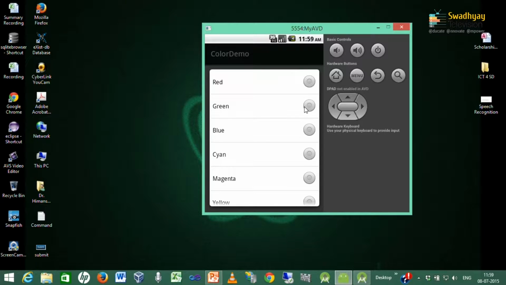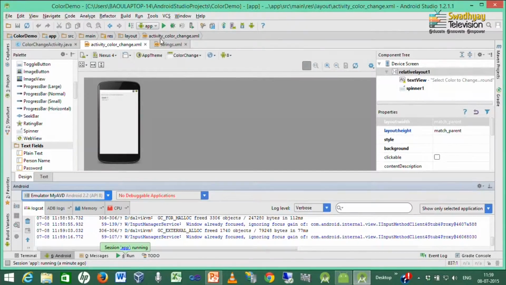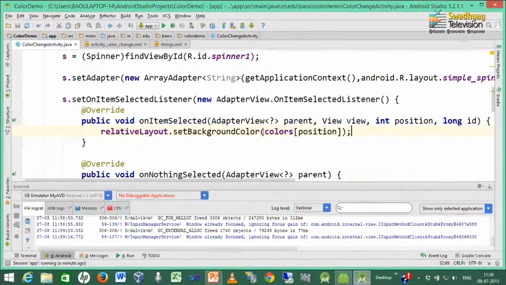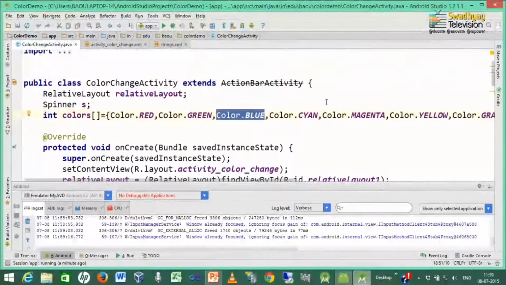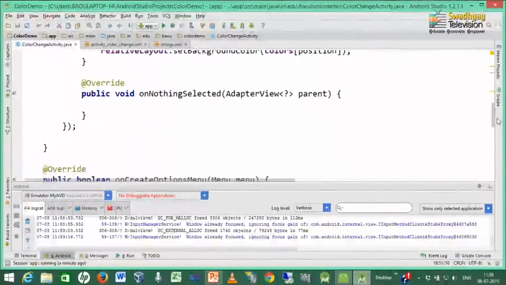So, in the position argument we will get 1, and in the code you can see that it takes the color from the respective position. So, suppose 1 is the position, then color green is selected, 2 is the position, then color blue is selected. That is why these integer colors must be in the same order which is provided in the color names.